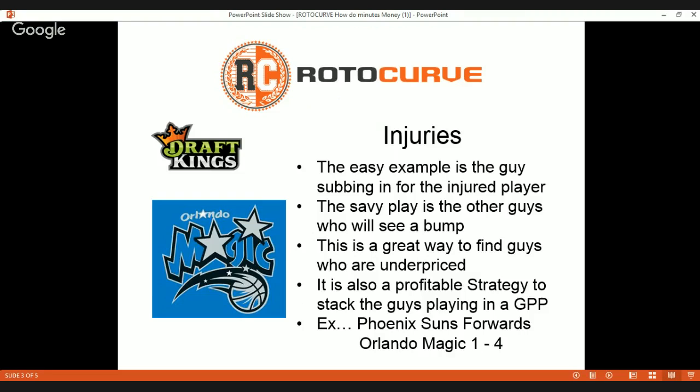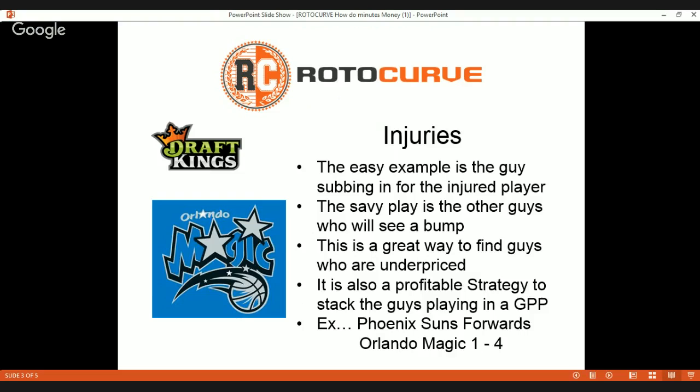So anytime one of those five was out, you knew that not only is Fournier, who was subbing in for one of those five, going to have a good game, but you could also up the production of the other three guys because you were upping the minutes of the other three guys. It's a great way to find guys who are underpriced because even though their minutes are going to be bumped up today, most of the time the sites didn't bump up their price unless we knew that the injury that happened was going to be some kind of long-term injury, that we had advanced knowledge of before the pricing came out for the next slate.